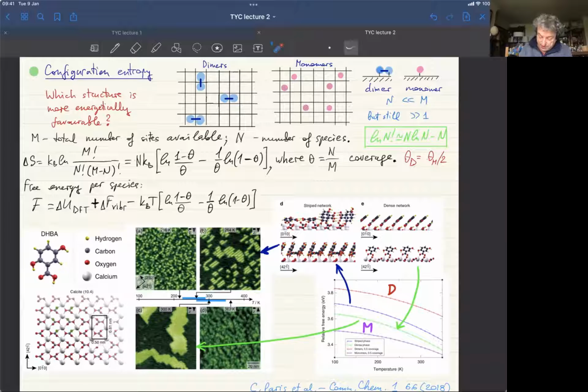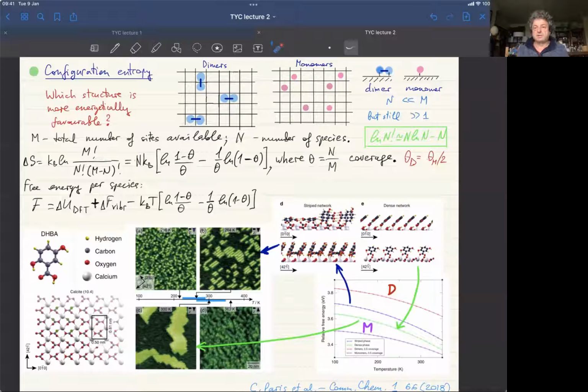because the stripe phase, which is formed first, cannot be explained unless you assume that dimers were present initially. And dimers were present initially because the molecules formed dimers as they evaporated from the crystal in the experiment. They evaporated from the evaporator somewhere and then fly as a gas into the chamber where the actual sample is, and they form dimers there. So it was pivotal to understanding the experimental results,